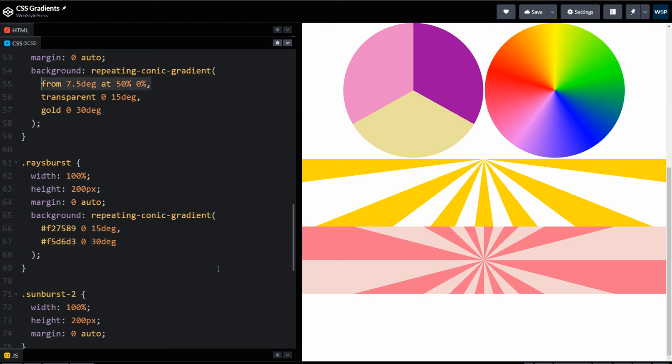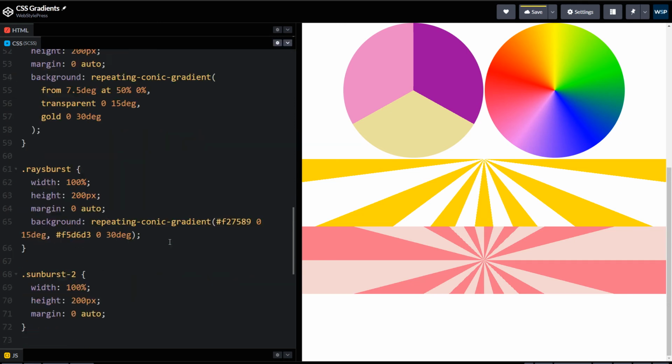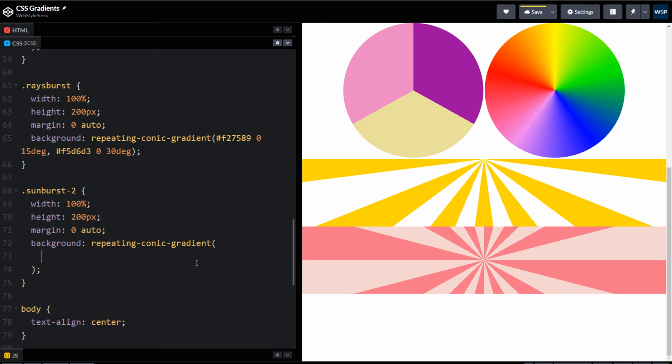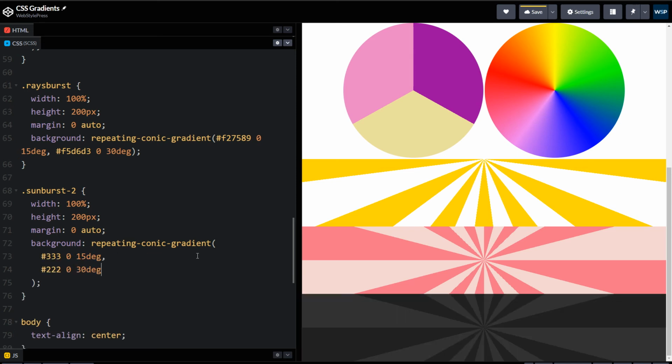And in this gradient we used direction, but here we did not use direction, we just used colors and angles. So this is emerging from the center. And here is another variation: background, repeating conic gradient, two different colors at two different degrees, and here is the result.